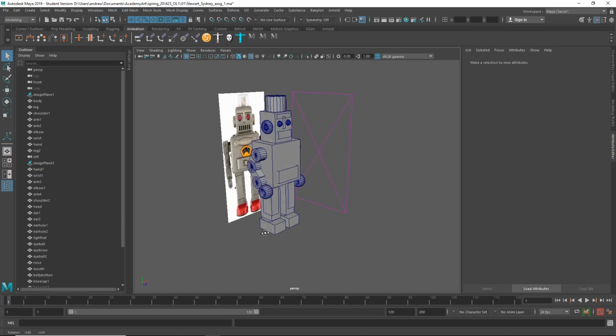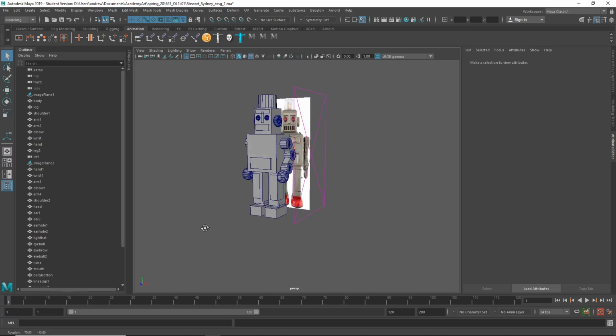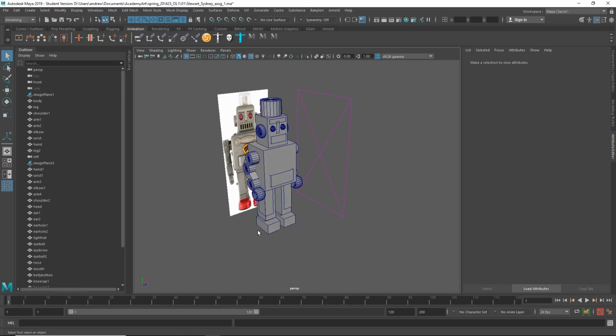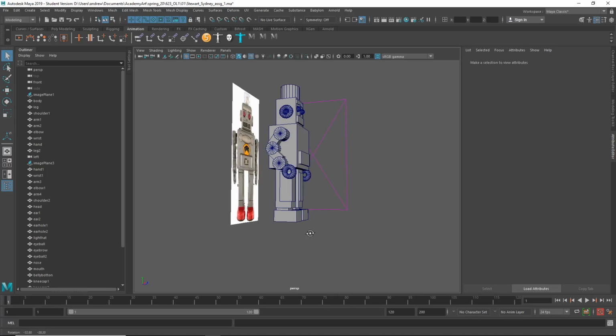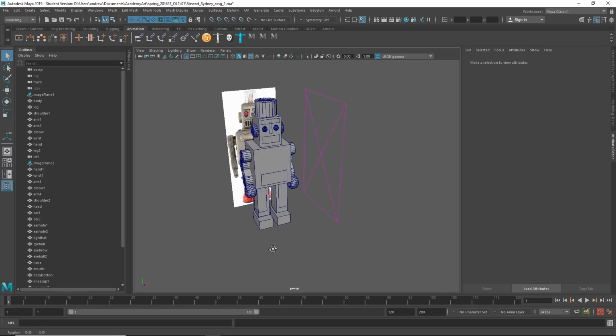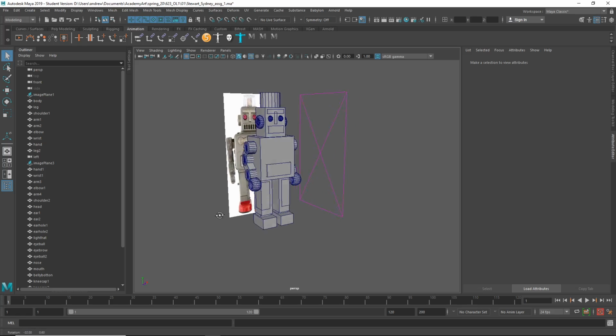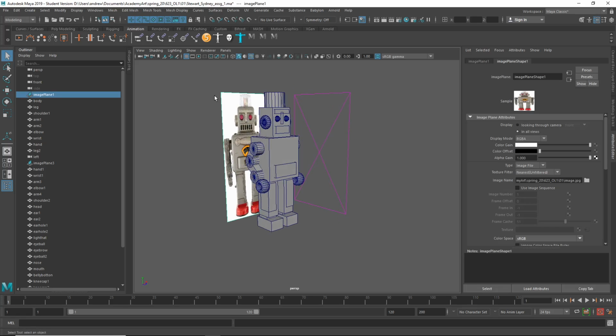This is Sydney, and yeah, it looks like you're getting the hang of getting the objects put in. I noticed it's looking very tall and skinny compared to the reference, and then I noticed that your image plane